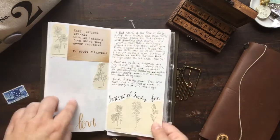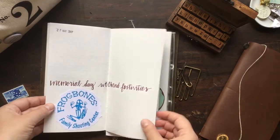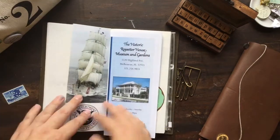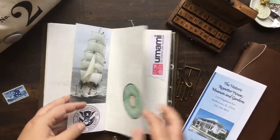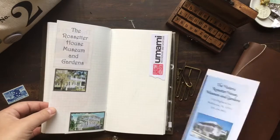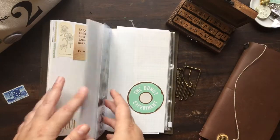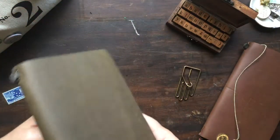And I've got ideas for all the pages that I want that are still kind of blank. I just haven't gone in and filled everything in. I've got all the ephemera in here because I don't want to lose any of that, but I haven't come in and done the journaling yet. So I guess I'm good in that way where I've got the ephemera in its rightful place. I just haven't come in and done the journaling yet. So that's a look inside my olive